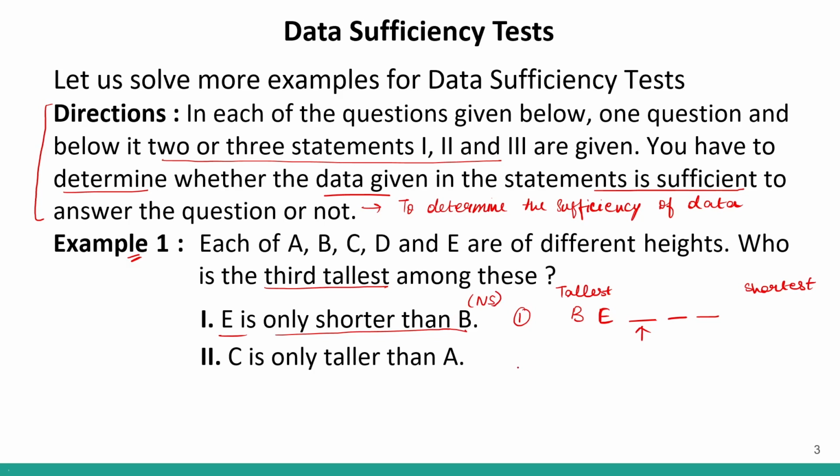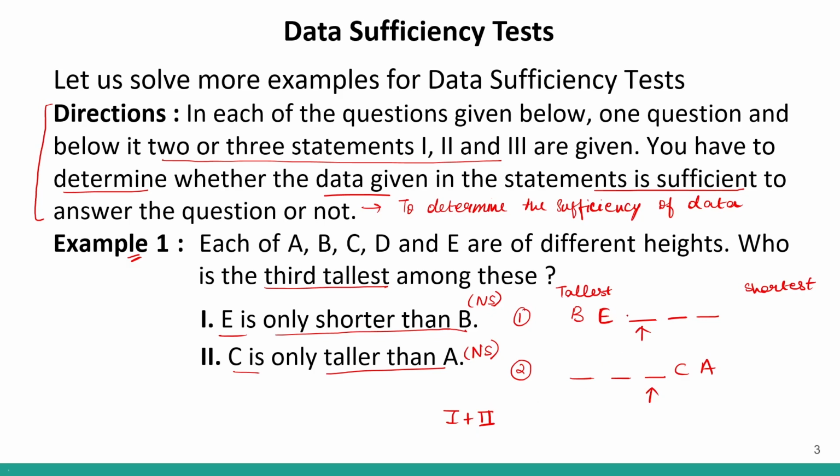Okay. Now let us look at second one. Second one says that C is only taller than A. That means if we have 5 people, C is only taller than A. So this is the position. We have to find this one. Can we identify the person in this position based on statement 2? No. So I can say that data neither in statement 1 alone nor in 2 alone is sufficient to find the answer. Okay, but now if I combine statement 1 and